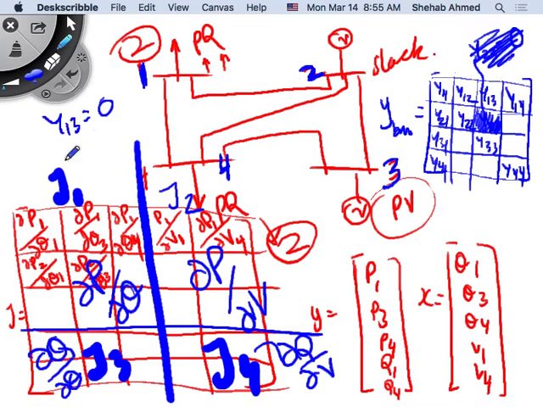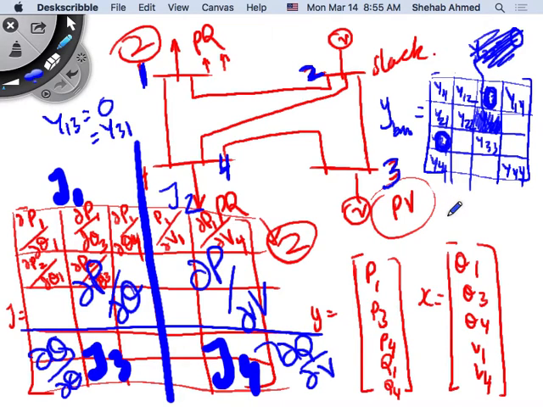3 to 1 does not exist. Y13 is equal to y31 because the matrix is symmetric. So y31 does not exist, it's 0. y34 exists here, there's a transmission line between them, so it exists as well, right? So in this y bus matrix, I have two zeros at y13 and y31,